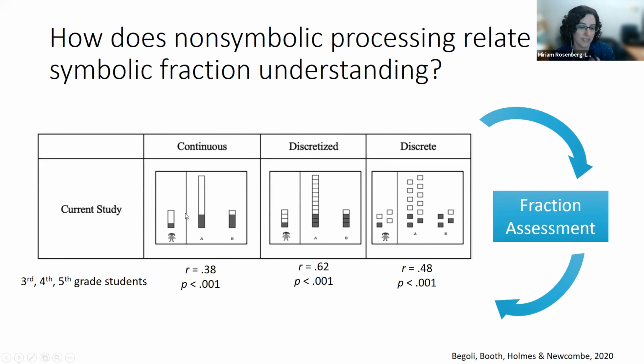This would not be surprising given the work on the RPS, but it is interesting, particularly because this was the strongest comparison. So for us, it raises the possibility that part of what a task like this might be carrying is the proportional information and access to it that the continuous task does, but also the need for inhibitory control, both in symbolic fraction tasks and in these non-symbolic formats.